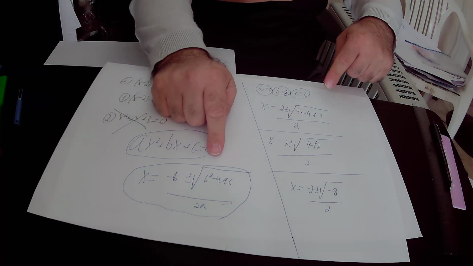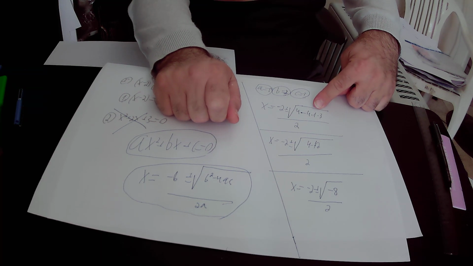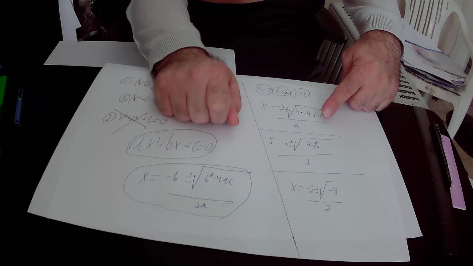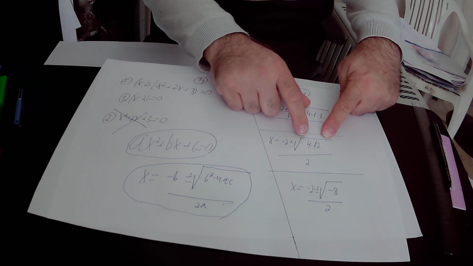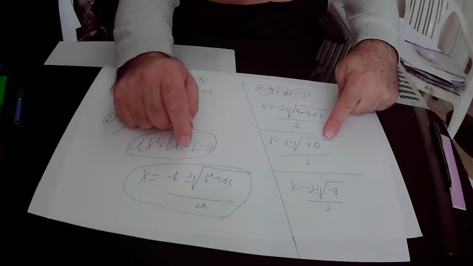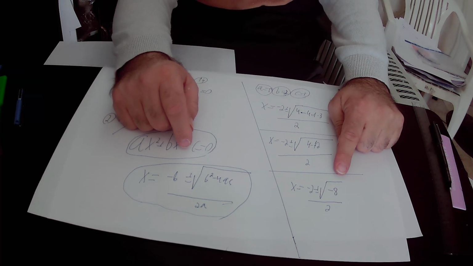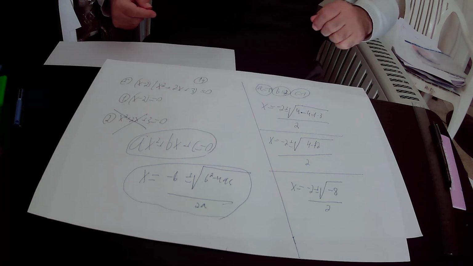So we solve this equality, x equals minus 2 plus minus the square root of... 4 times 1 times 3 is 12. So in total we got inside the root 4 minus 12, because 4 times 1 times 3 is 12. 4 minus 12 is minus 8. So we have minus 8